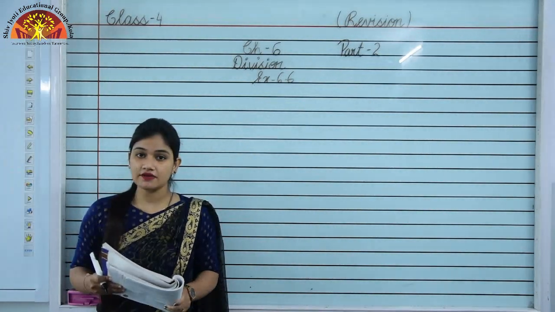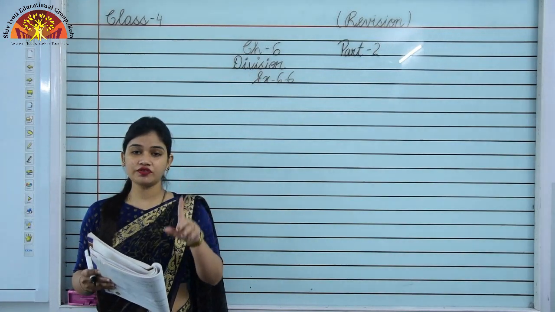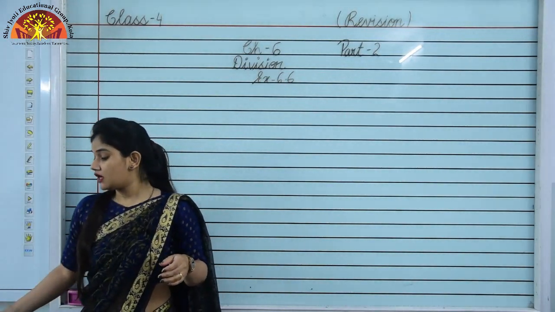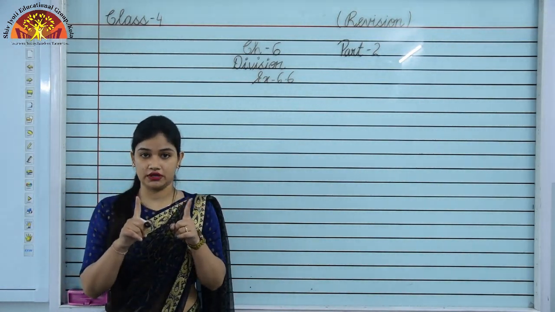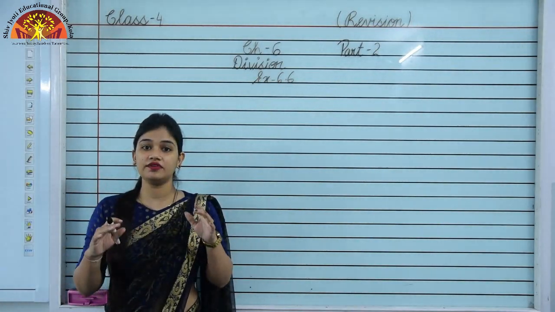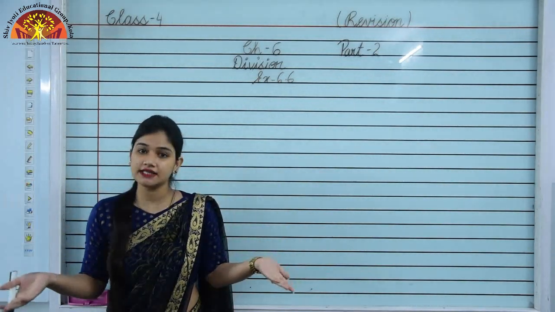So students, as I have told you in chapter 5 also, chapter 5 में multiplication कर रहे थे और हमारे पास क्या था? क्वांटिटी ऑफ 1. एक की क्वांटिटी हमें क्वेश्चन में गिवन थी and we were finding for more than 1. हम एक से ज़्यादा के लिए फाइंड करते थे.